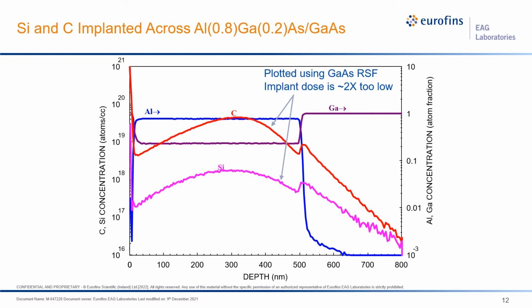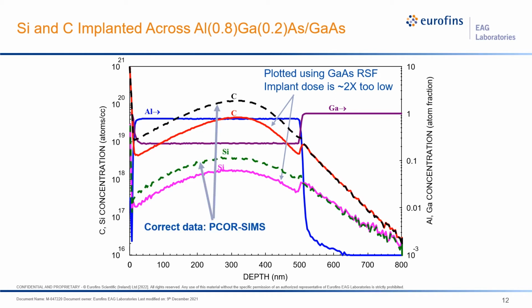But when you do a point-by-point calibration using the curve, even at this interface where the AlGaAs is changing, we get a profile shape that looks like this. And when we calculate the dose in these, we find that it is exactly the same dose we had in gallium arsenide. So this gives you an idea of using PCOR-SIMS or regular SIMS and how much error there could be in